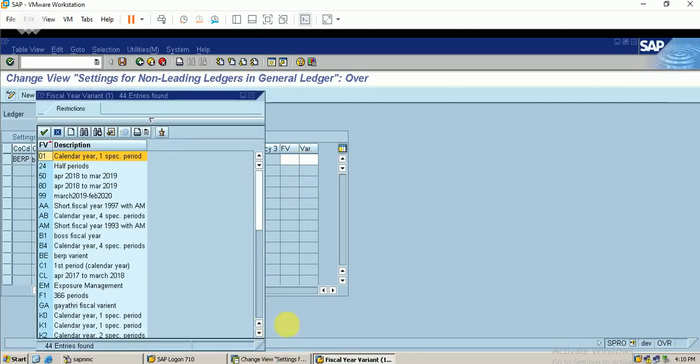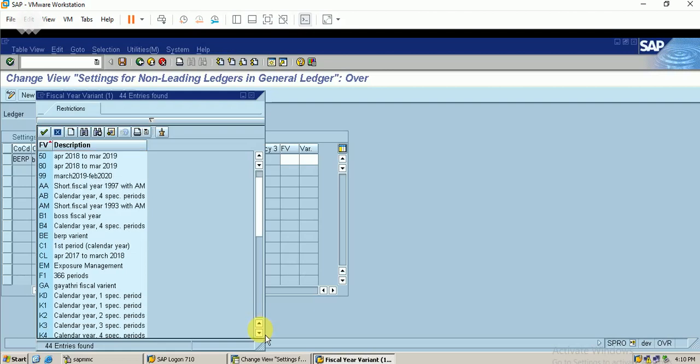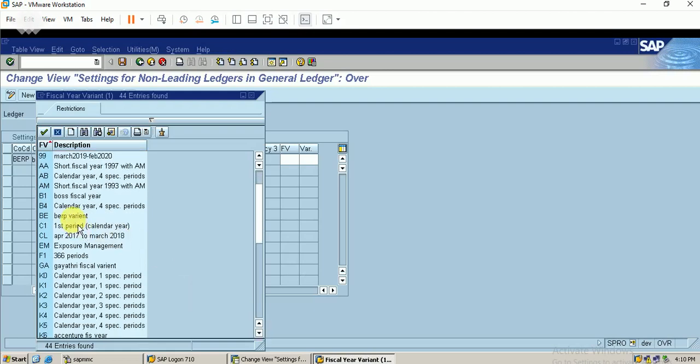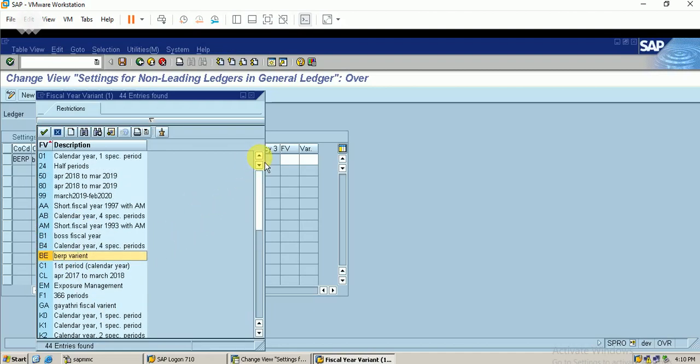For our leading ledger, we have BE as the fiscal year variant, you can see here. So I'm not going to link this. I will use some other one. This is a calendar year fiscal year variant, so let me have something different, that is from April to March. Okay, just link.